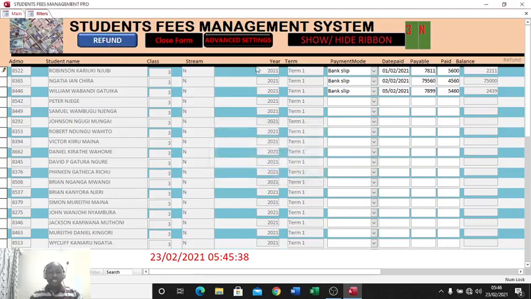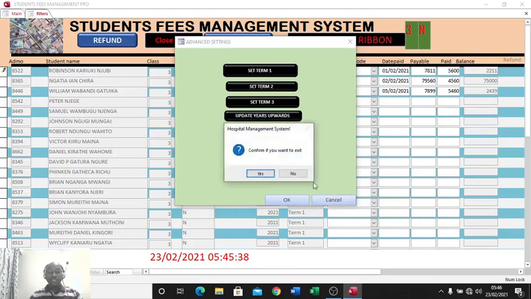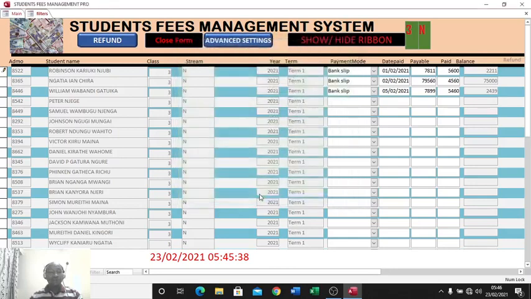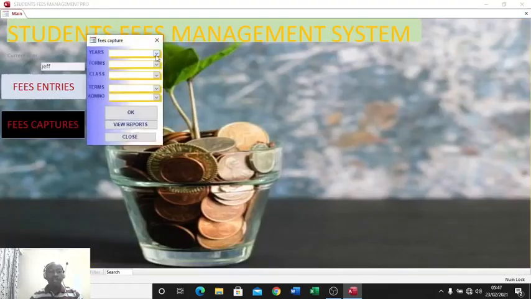Then on the other hand, I can hit on advanced settings where I can set my term 1, term 2, term 3, or even update students to the next year. Then I can just confirm I want to cancel. Basically, this is what I'll be taking you through. On the other hand, when I close this one and confirm I want to close,